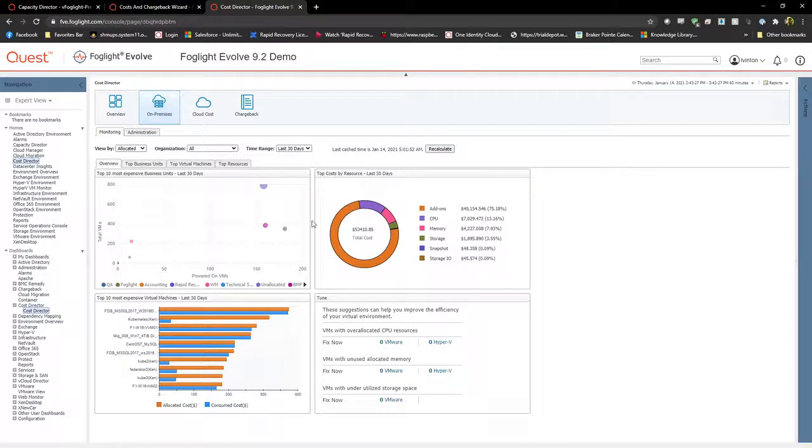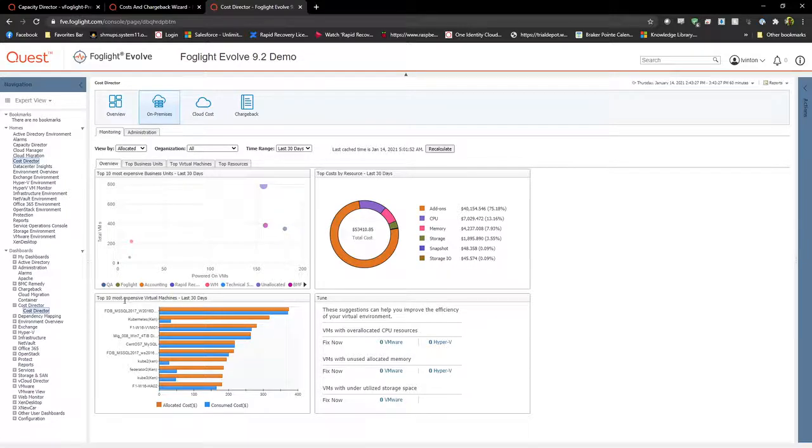We can see here the overview of the on-premise cost and the consumption. The customer isn't paying per month for these things, but it is very nice because they can know the depreciation. A VM that uses more CPU and disk space is costing you more from the amount of CPU, RAM, and disk space that it's using. We assigned a dollar amount to that, and we can change the currency as well.